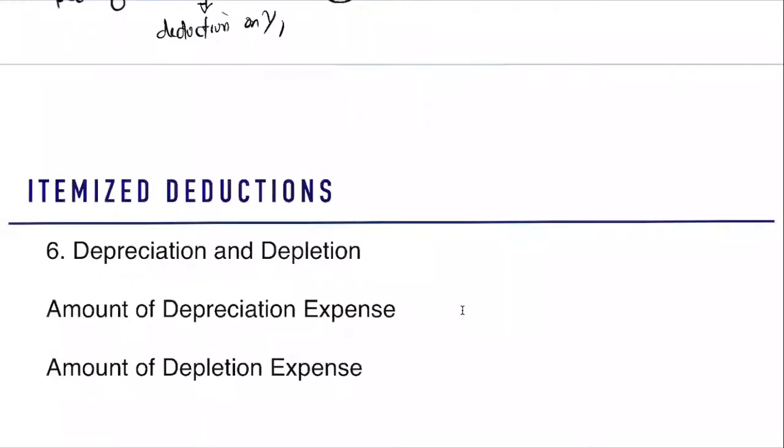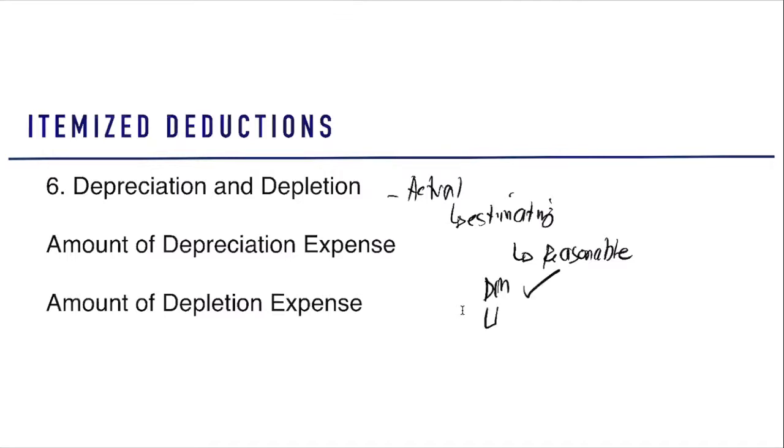Next, we have your depreciation. So your depreciation must be based on actual amount of depreciation. But since we are only estimating it, under our law, the actual amount of depreciation is based on a reasonable ground of depreciation. So meaning, so long as your depreciation method is reasonable, the useful life is reasonable, then we can include that as part of your depreciation.